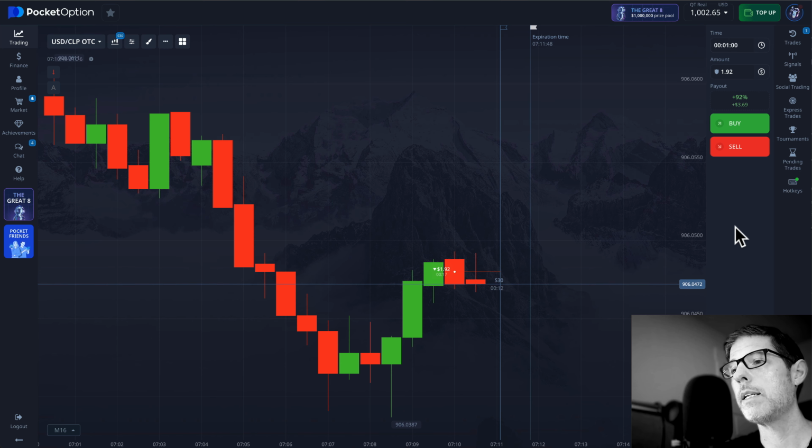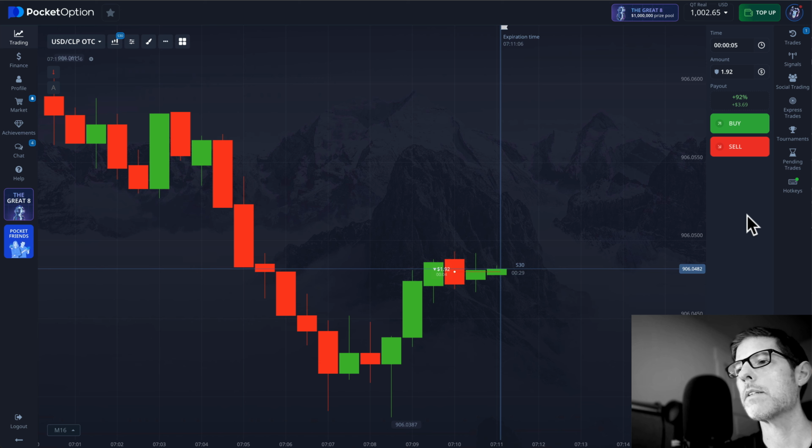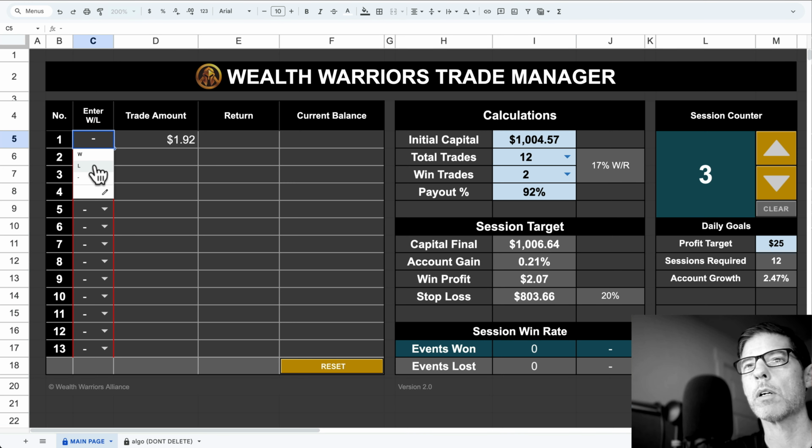So we have really no idea what's going to happen. We've got to wait another 15 seconds to see if this is a win or a loss. But that's okay. We got the trade manager on our side. But if that does happen, just make sure to switch this back to 5 seconds, because those are the settings that we use for this specific strategy. So that was a loss, and that's okay. The first trade, let's go ahead and mark this with an L,